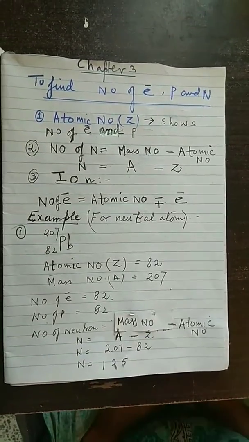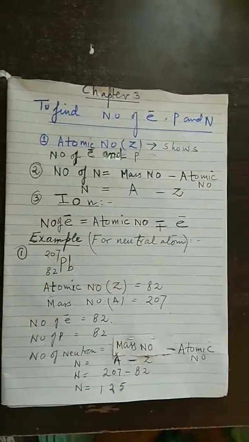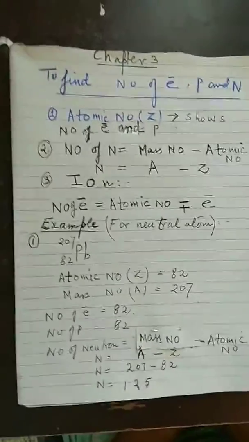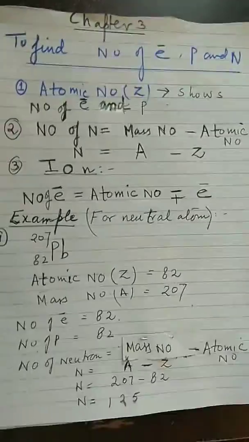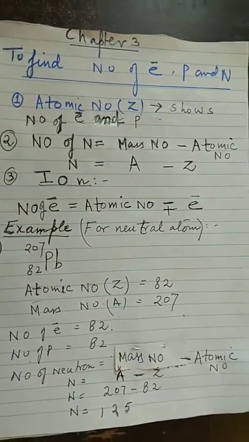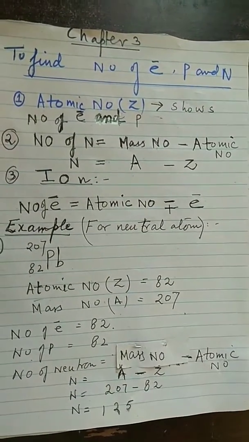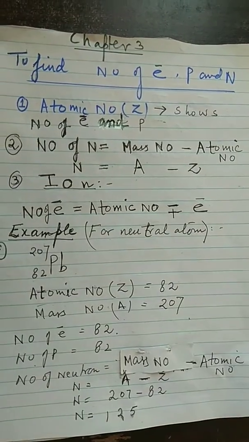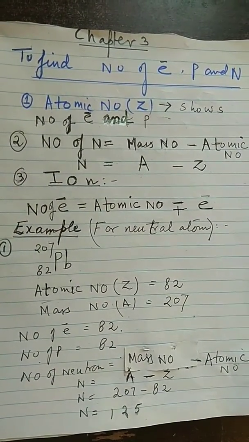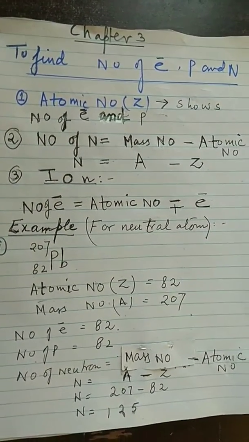Previously, in our previous lesson, we studied the Rutherford atomic model, Niels Bohr's atomic model, and how to find the number of electrons using the formula 2n squared. And I hope you have learned your home task. Please don't waste your time and do the learning daily so that you will be able to understand the next